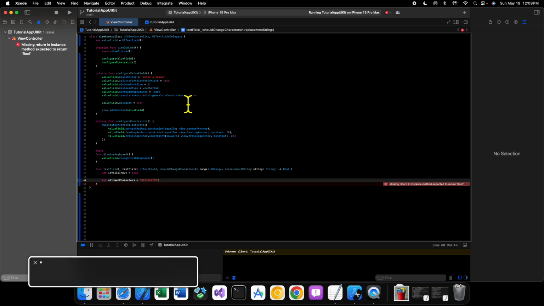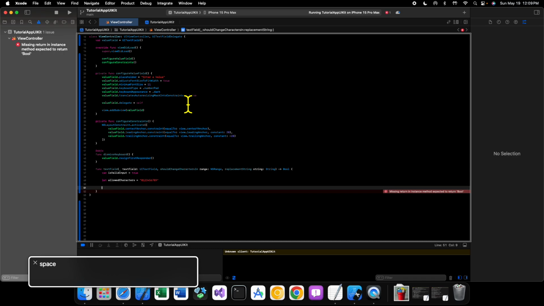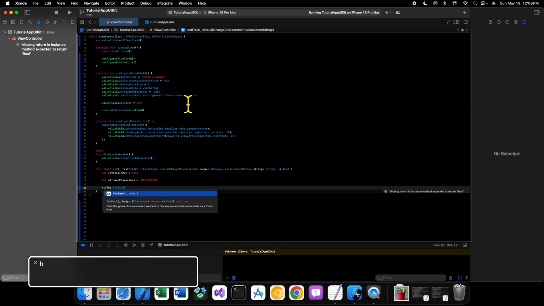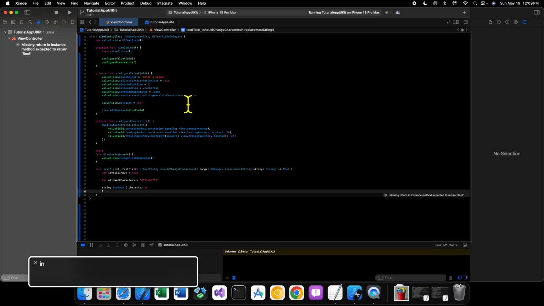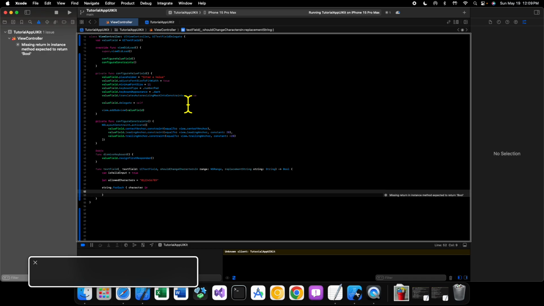All right, so with that, let's go ahead and we're going to loop through our string. So string.forEach, and we'll say character in. All right, so inside of our forEach, we are going to say if